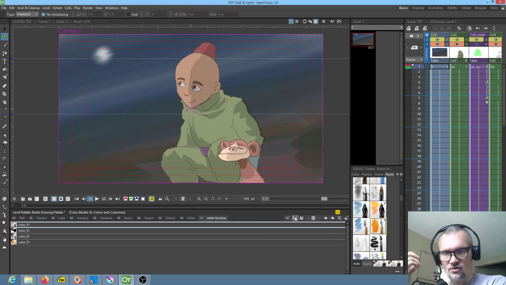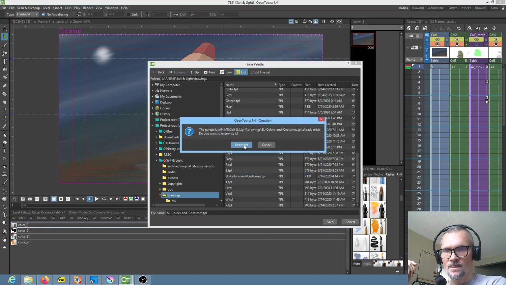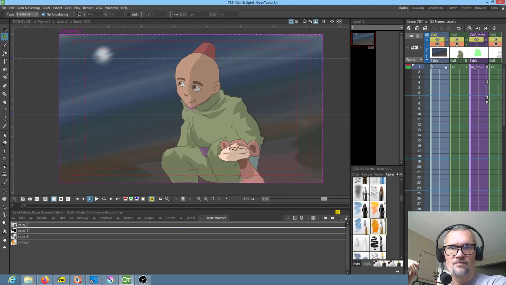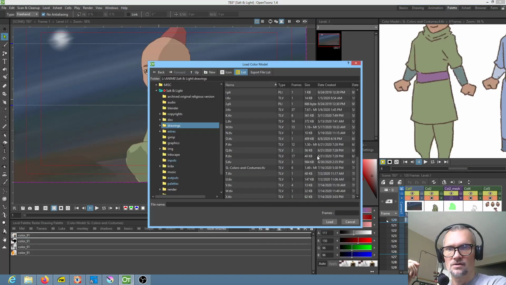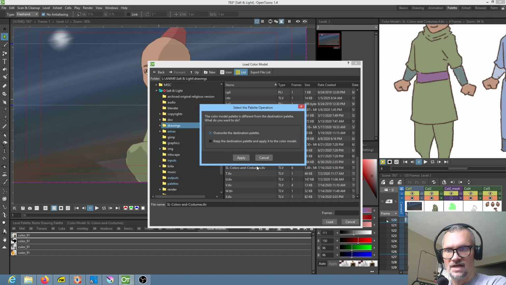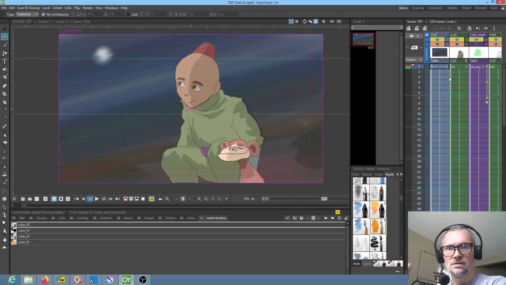pressure sensitivity anymore. Okay, so I'm saving the palette. Boom. Yep, I'm saving the palette. Alright, and then just to be utterly obnoxious, we're going to load our color model, even though we shouldn't have to. Boom, boom, boom. Make sure nothing breaks. Back here. Okay, so we just basically added the raster brushes to the